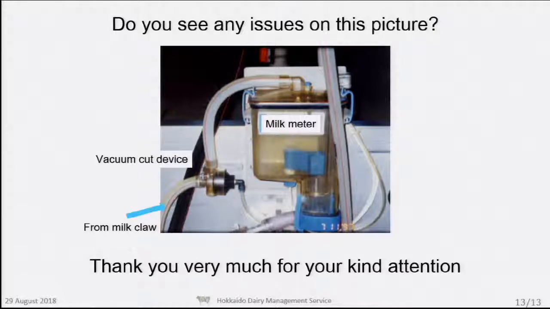Do you see any issue on this picture? A narrow